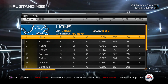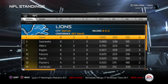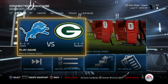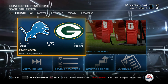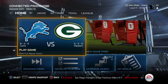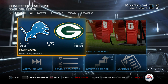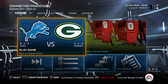That is good. In the NFC, we are still the top team. The Seahawks 8-1, and behind them the 49ers and Eagles at 6-2 and 6-3. And coming up, the Lions on the road again against the 4-4 Green Bay Packers. Can Eli Manning and the Detroit Lions get this game and take the season series with the Packers and remain undefeated? It's going to be a tough task for Eli Manning and the Lions to get that one done without